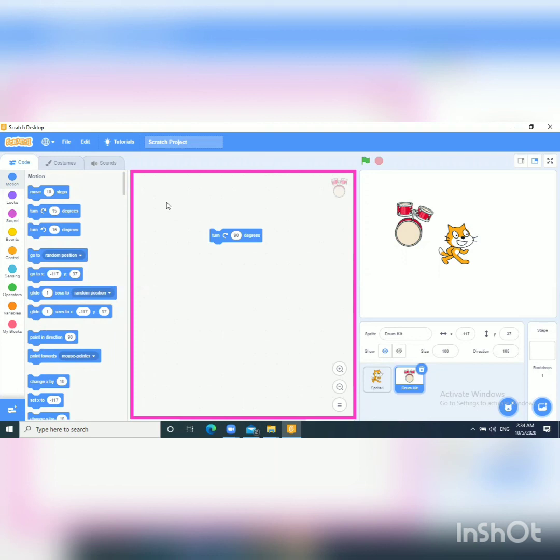This pink box is our script area, and this yellow box is our stage area. So we write the code in the script area and it performs the action in this stage.